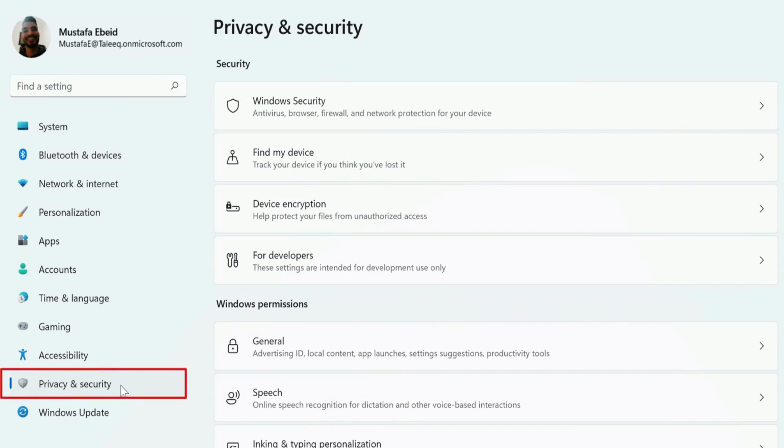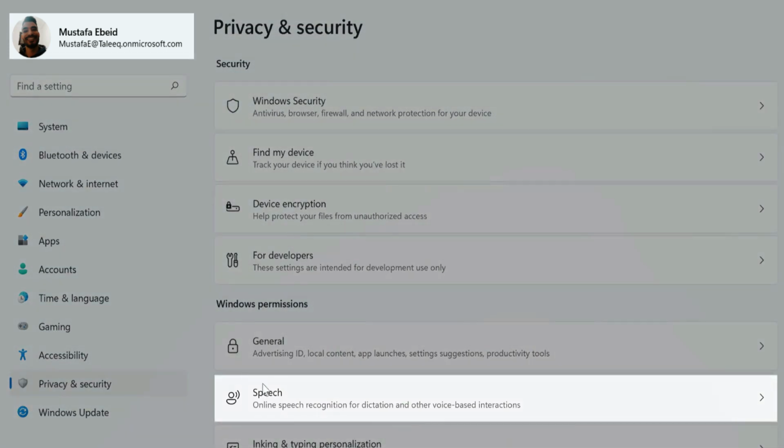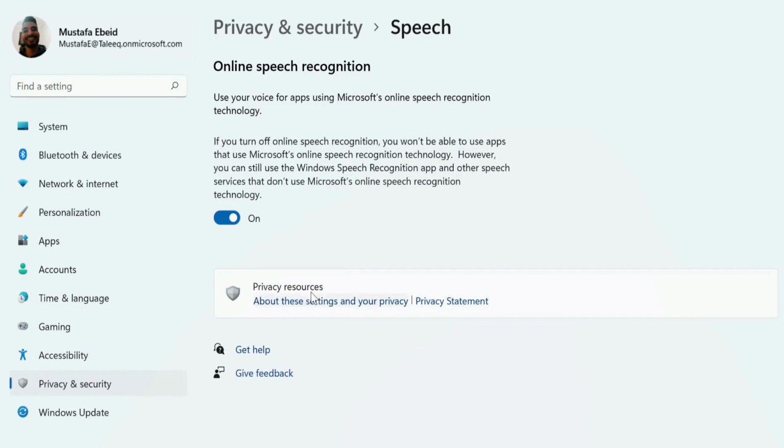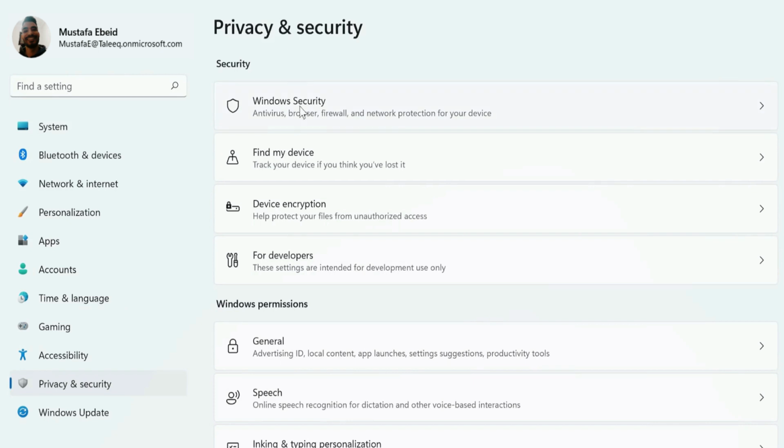Head into Privacy and Security, our secret lair, and let's start with speech. Turn off online speech recognition, because who needs their computer eavesdropping on your sweet nothings? Not us. You still get to rock the mic with voice typing and dictation, but let's take a detour to